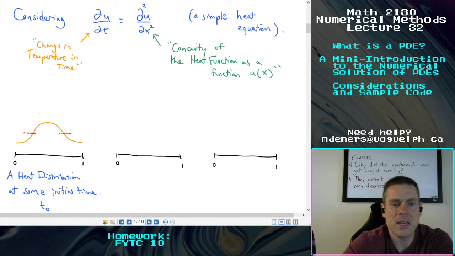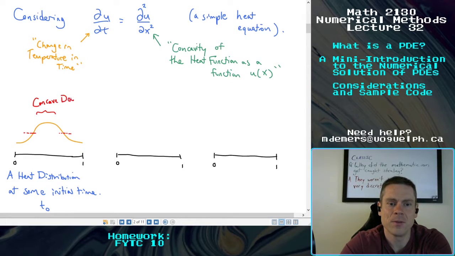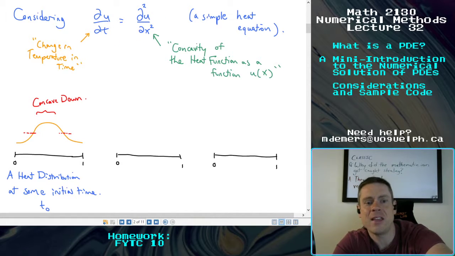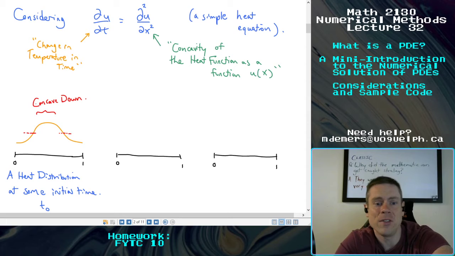So in here, the distribution is concave down, which means that this derivative is negative, and what that says is that the change in temperature in time is going to be negative. So that means that du dt is going to be negative